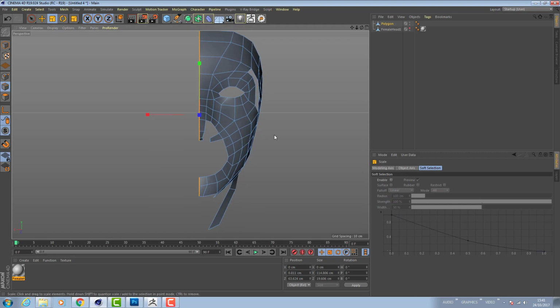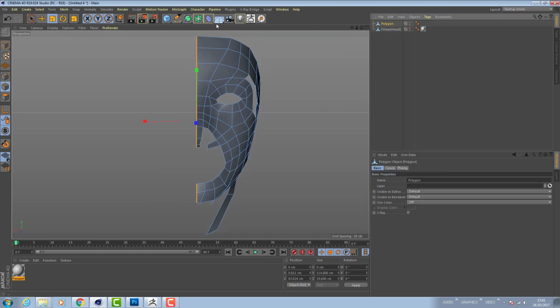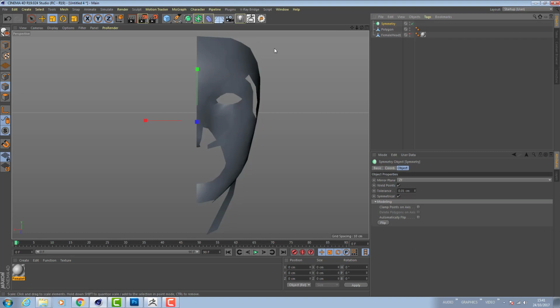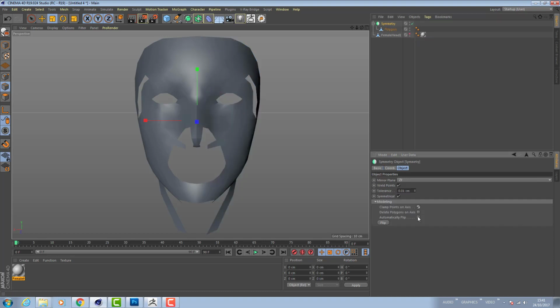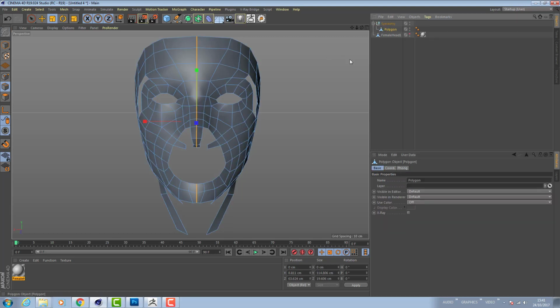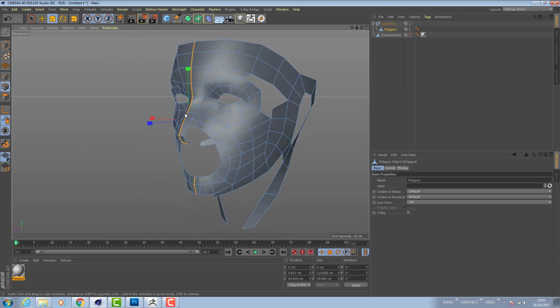This means that when I take this into the symmetry tool, it will automatically create proper symmetry for the other side, and then eventually I can make that editable, and then I have one complete object with all the topology in place